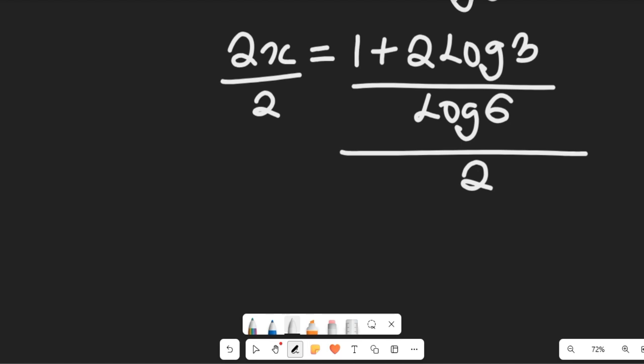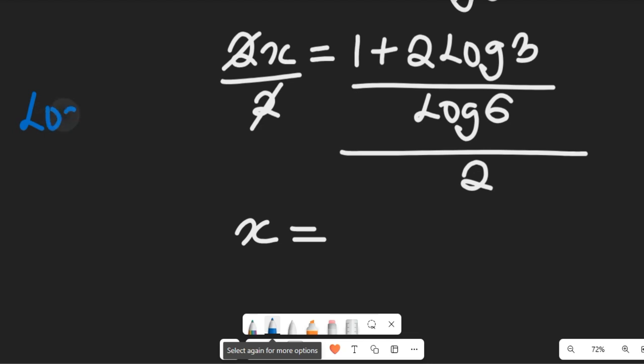If all of these are divided by 2, what do we have? We have to cancel out 2, and then our x will be equal to... I want us to look at one simple law of logarithm. If you have the log of a divided by the log of b, this can be equal to